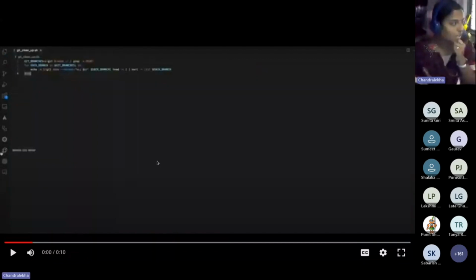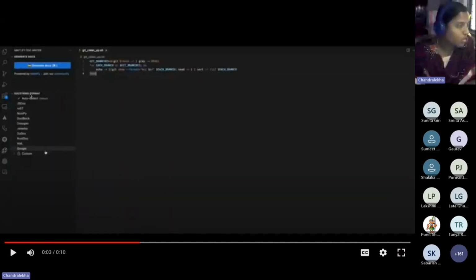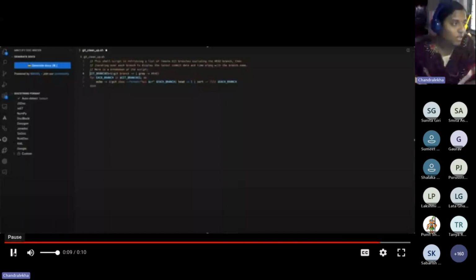So this is exactly my VS Code editor. Just, I think Dilijit has already shown us, just adding it as an extension or plugin. I've added Mintlify, and when I select Mintlify, it is showing me all the doc strings that I can use, and I go to auto mode, and I just have a small piece of code, and in my editor, I just select this and I say generate docs. And what it does in no time, it gives me,